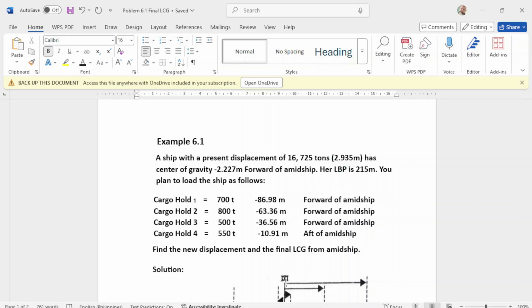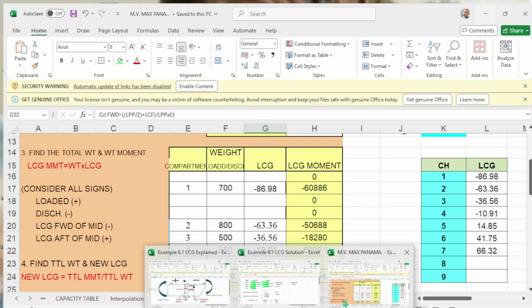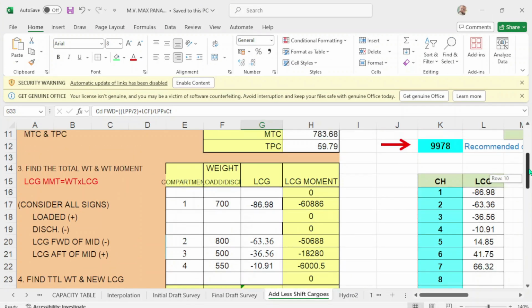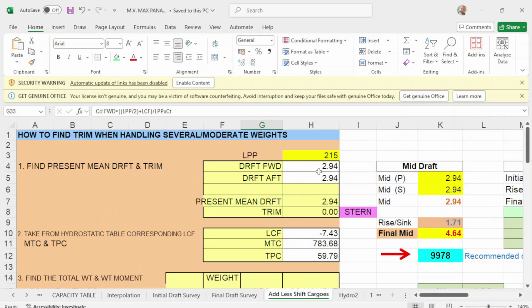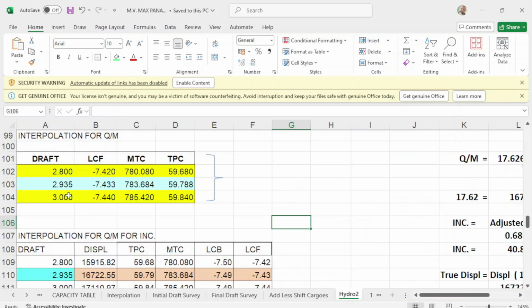Put this 2.935 here, or you go to the hydrostatic table, put here 2.935, and the displacement is